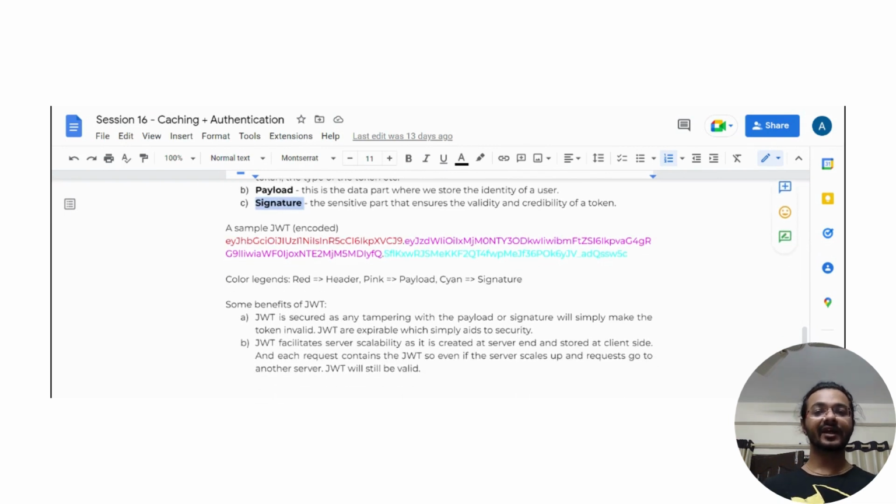So if there's any tampering, like even if I just change a single keyword from here, like if I just remove a single letter from this JWT, and if I try to decode it now, it will fail to decode because it's tampered now. So if someone gets access to the JWT and tries to tamper with it, अगर उसके पेलोड में कुछ चेंज करना चाह रहे हैं या उसका हेडर कुछ चेंज कर दिया या सिग्नेचर चेंज कर दिया, तो it